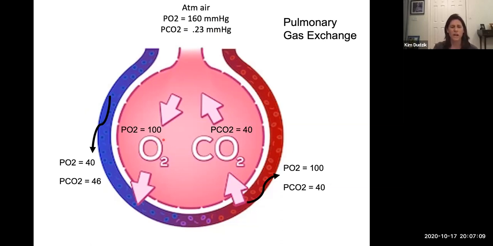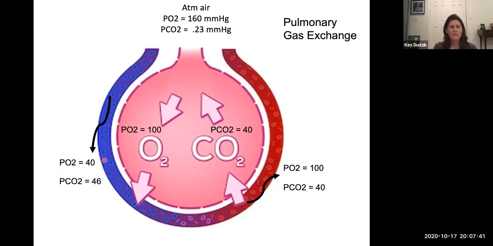So let's just follow the oxygen. So now we have a partial pressure of oxygen in here at 100 millimeters of mercury. So notice this is the venous blood. This is the blood coming from the right side of the heart, okay, through our pulmonary arteries and then into the pulmonary capillaries that are surrounding each alveolus. And remember that this blood has been by our tissues and released oxygen. And when we do, and this is a body at rest, the partial pressure of oxygen is about 40 millimeters of mercury.